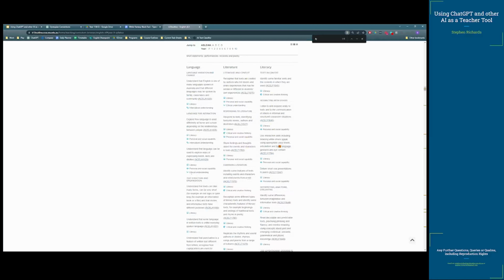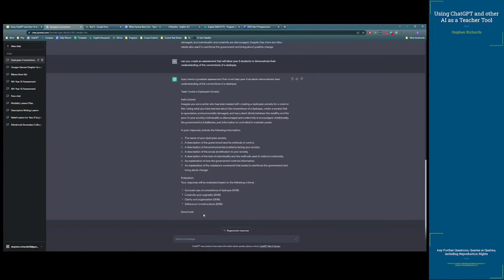And let's have a look here. So, one second. So what we've done is we've had a look at the criteria. Now, it's not a specific dystopian one, but what we have is explore and reflect on personal understanding of the world and significant human experience gained from interpreting various representations of life matters in text. So looking at that, what we can say is, can you create a rubric in a table